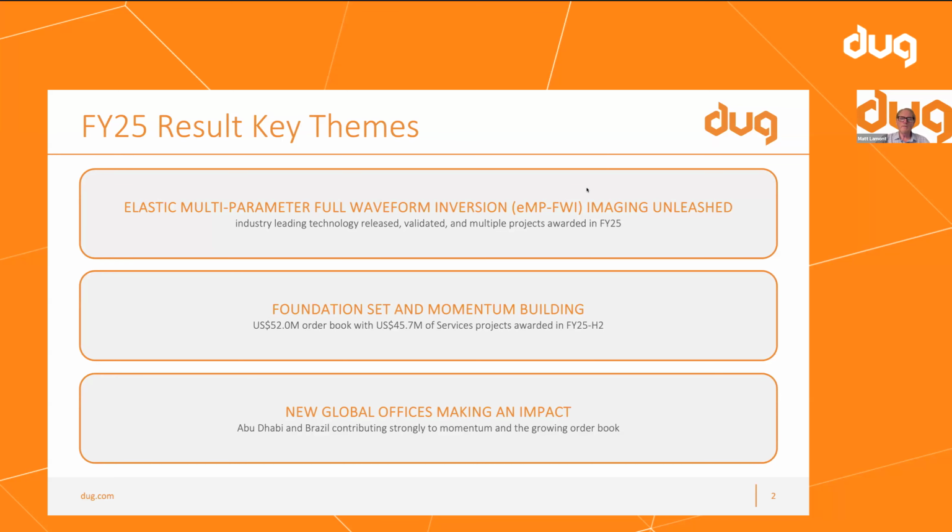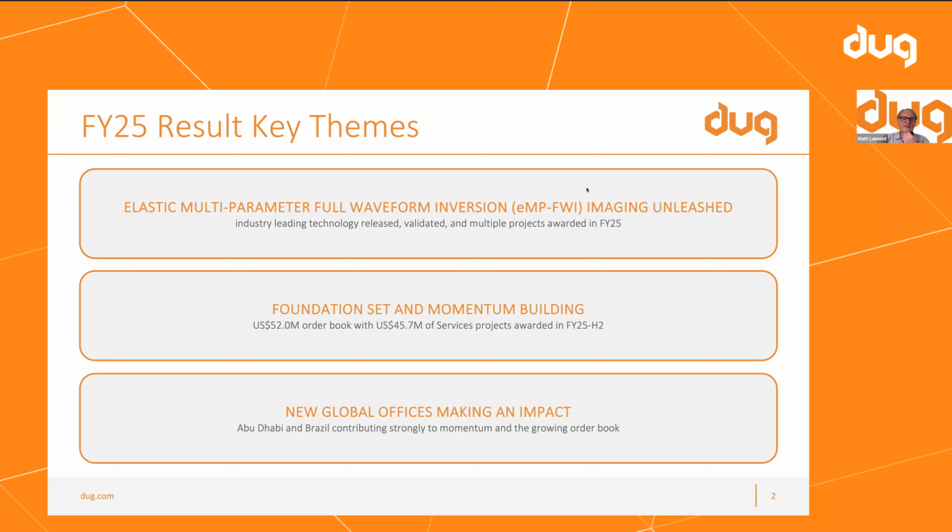Look, we're really excited. The next year looks fantastic. But in presenting today, we've got three key themes for FY25. The first is that we brought our elastic multi-parameter FWI out, which was a massive step forward because it was part of that whole replace your traditional workflow, except that you went further. Now you replace not just processing and imaging, you also replace your quantitative interp and go straight to rock properties.